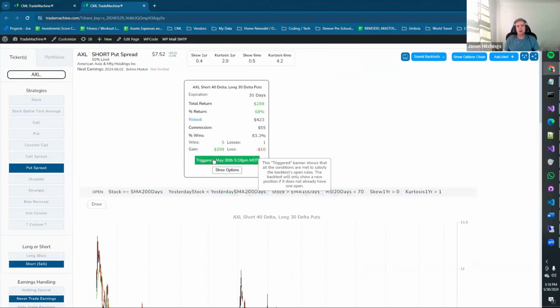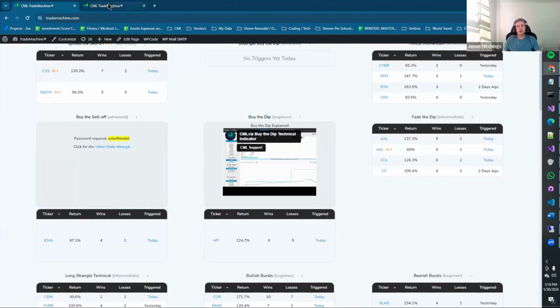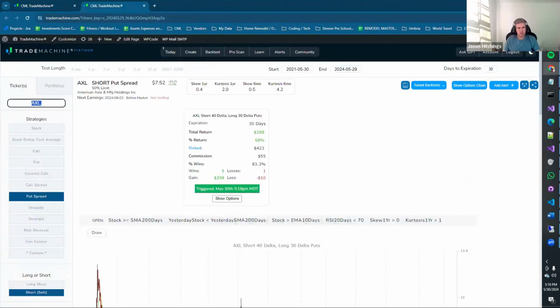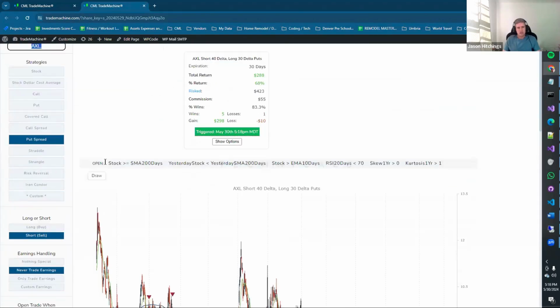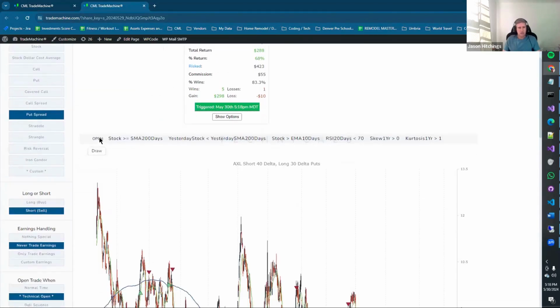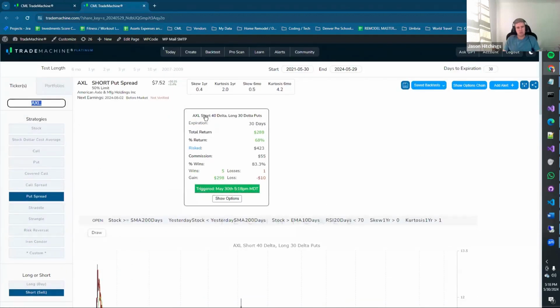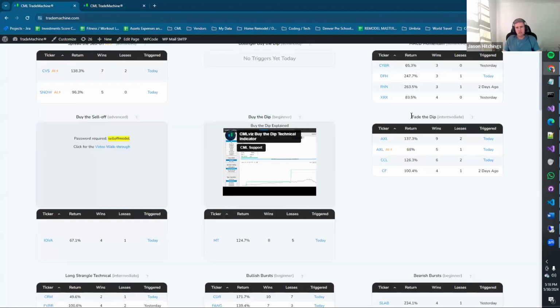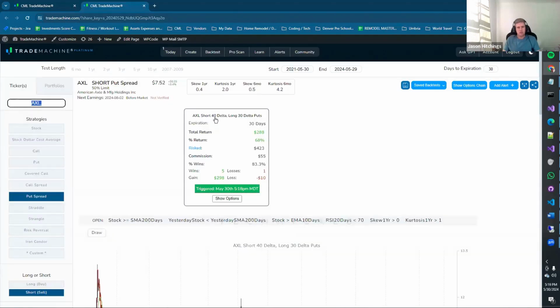This little green bar, when I click that link here, it pulls up the back test. It pulls up the market simulation. So this is using a put spread. For this ticker, there are technical conditions set, and I'll go into those more. This particular strategy, this fade the dip, is short the 40 delta and long the 30 delta puts,